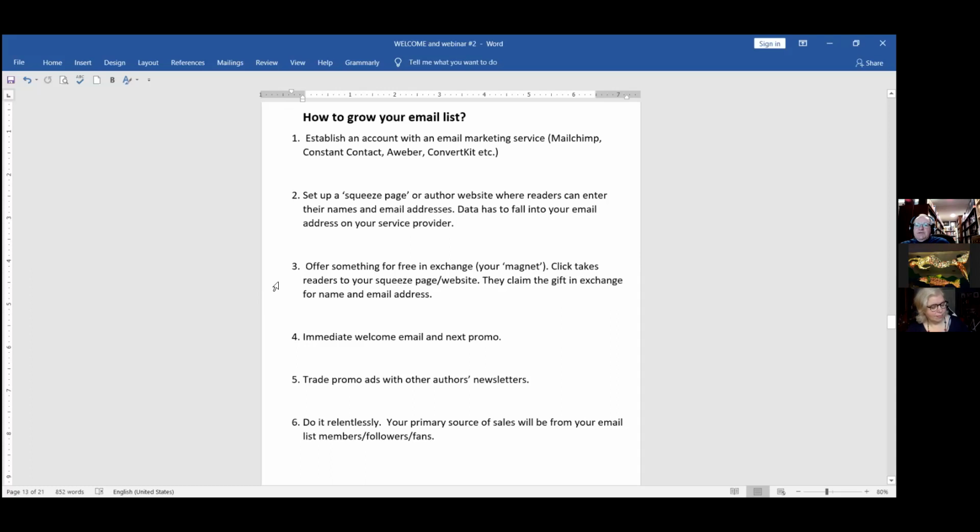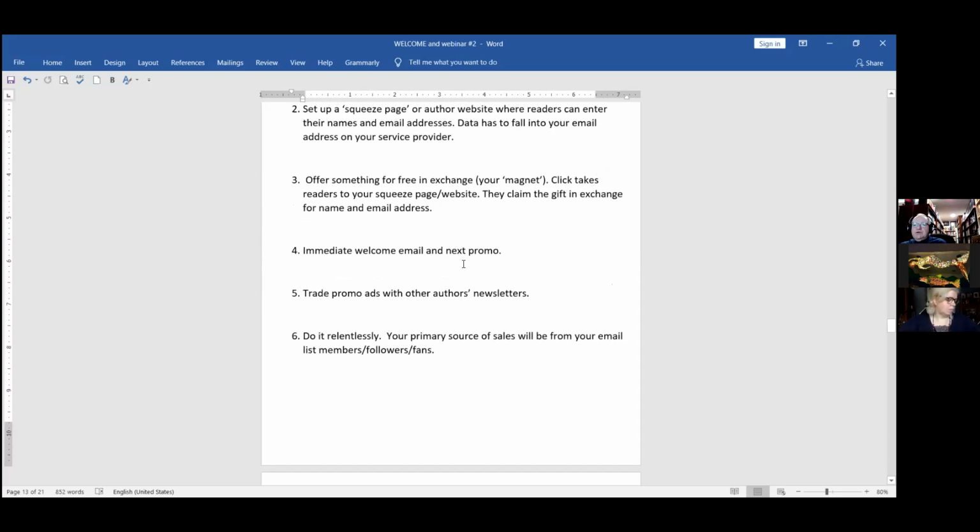Find something free to offer, and I'll talk in a minute about where that is and how that is done. When they click on it, they go to your squeeze page, you get their name and email address, and this builds your list. You do it slowly, but you do it methodically, and you just keep doing it. MailChimp and other services also have a facility whereby, immediately, or an hour later, or a day later, they get a welcome letter from you, and that includes your next promotion. Now, I'm going to just flip over to that, and